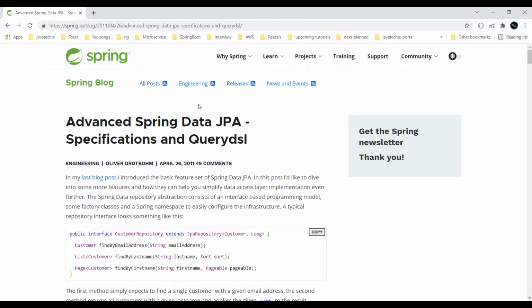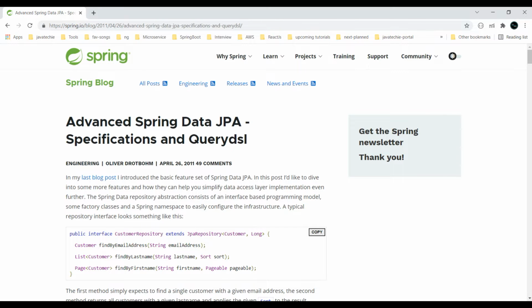In general, native SQL or the Java Persistence Query Language, which is JPQL, does not provide any way to validate the correctness of the queries at compile time. Any query syntax or other issue is detected at runtime itself, and it causes the application to fail. So to simplify this, let's take an example.